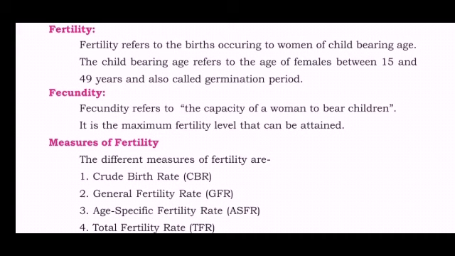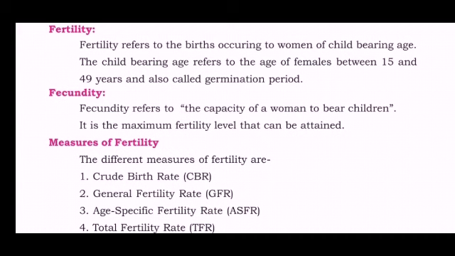And next comes fecundity. Fecundity refers to the capacity of a woman to bear children. So that is the maximum number of children a woman can give birth to. That is referred to as fecundity. So it is the maximum fertility level that can be attained. And these terms, fertility, germination period or childbearing age, and fecundity, may come for 1 mark or 2 mark questions